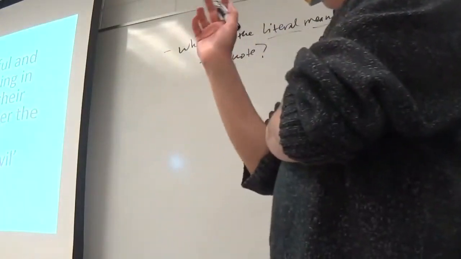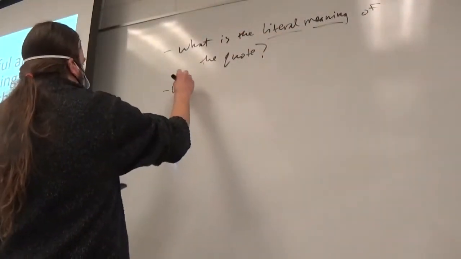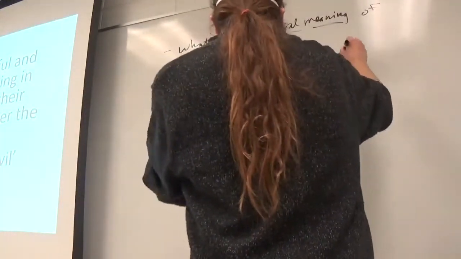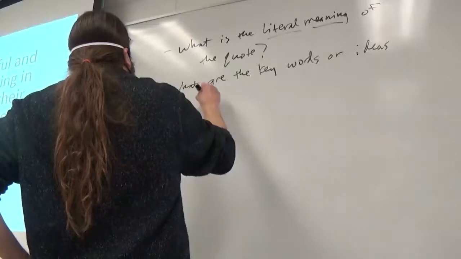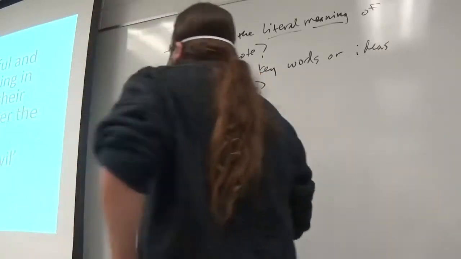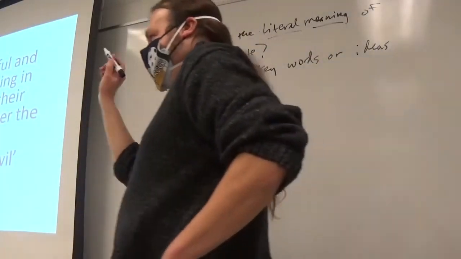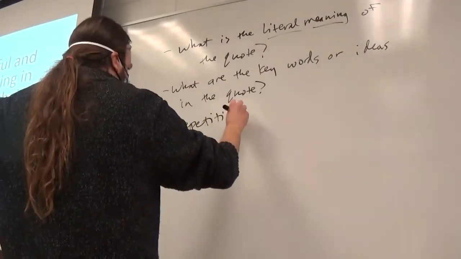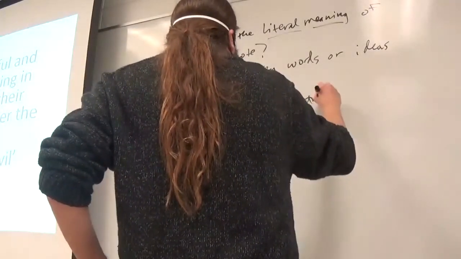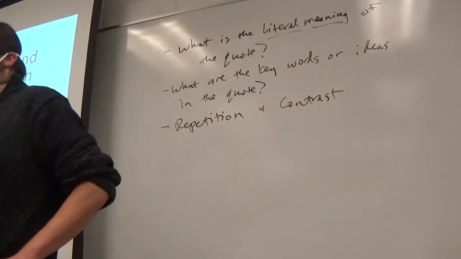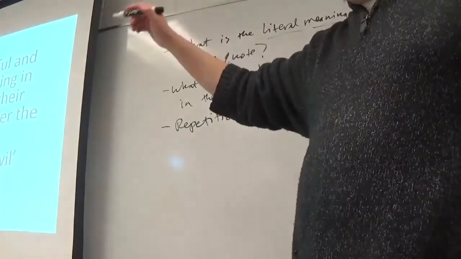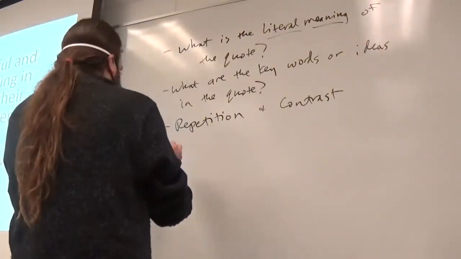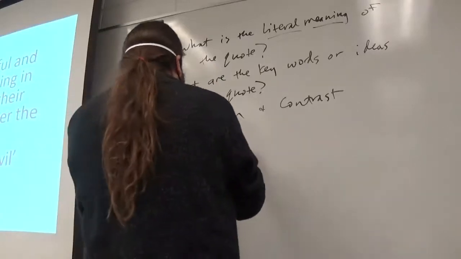I also want you to think about what the key words or ideas are. What are the most important words or concepts here? Then, look for patterns of repetition and contrast. Are there words that repeat? Are there ideas that seem related to each other? And what sorts of things are paired up as opposites? And finally, I want you to think about what is implied